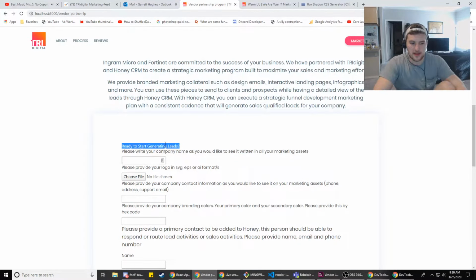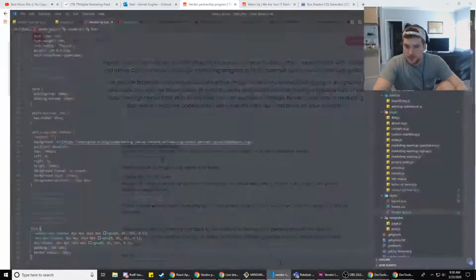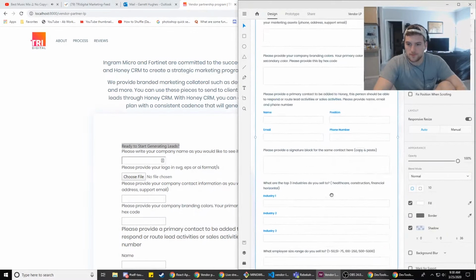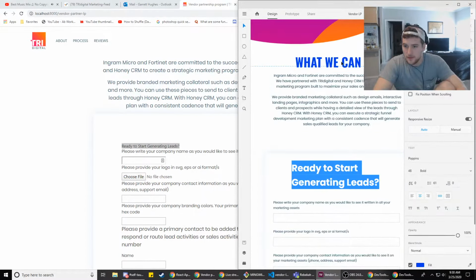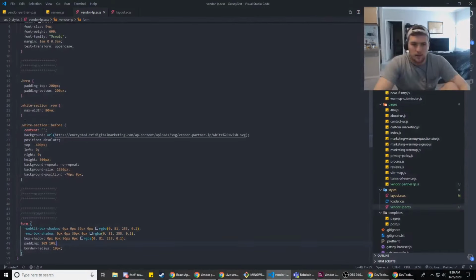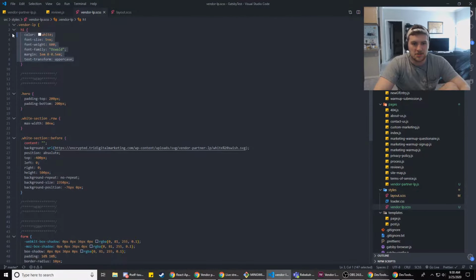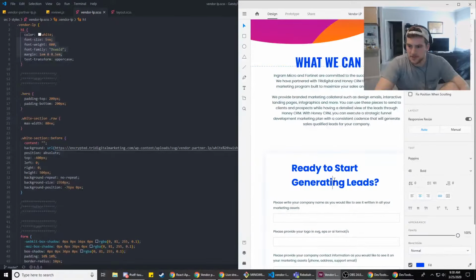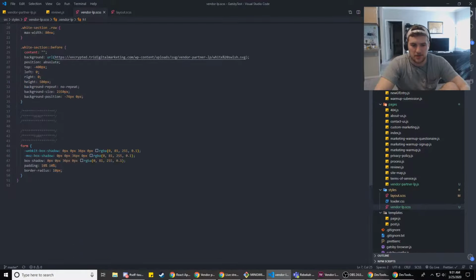Alright, so now we need to get that heading looking right. Anyway, so this is 48, so that's a little bit smaller, so we'll make that like an H3, because that's an H2, so this will be like an H3. We're gonna steal most of these styles here, are we? No, I don't think we need all those. I mean, it's Oswald, right? So no, it's Poppins. Yeah, so we don't need any of those.